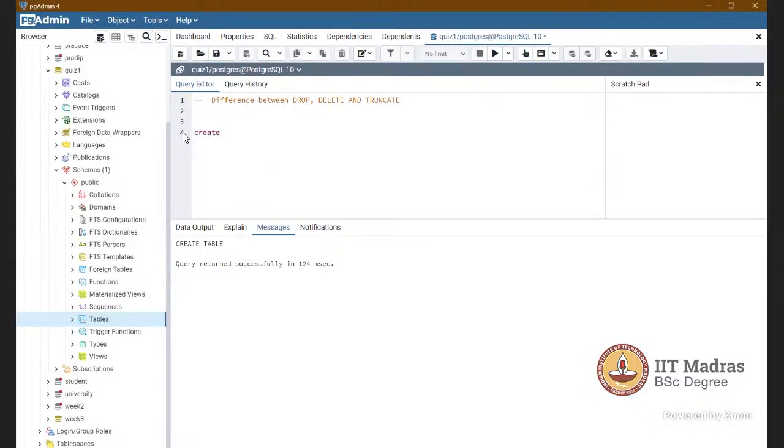Can anyone guide me? Yes, sir. Employee has EMP ID, written like this, int. And EMP name, varchar. And department ID and designation ID. Yes, sir.